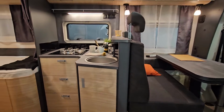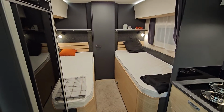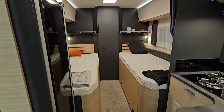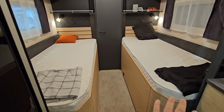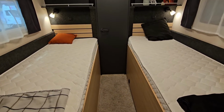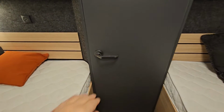Darkish layout. Actually, if I just walked in here, I wouldn't have said that it was a Hobby because of the colour scheme. This is unusual for a Hobby. Right, it's got single beds on either side. That might be convenient to get in and out of, but remember the storage as well is not going to be very good. Let's come to the back,